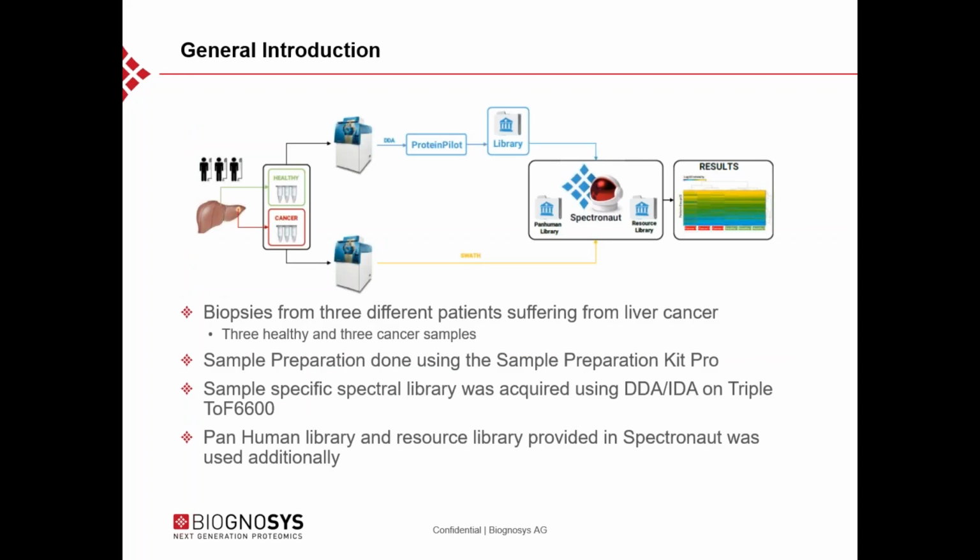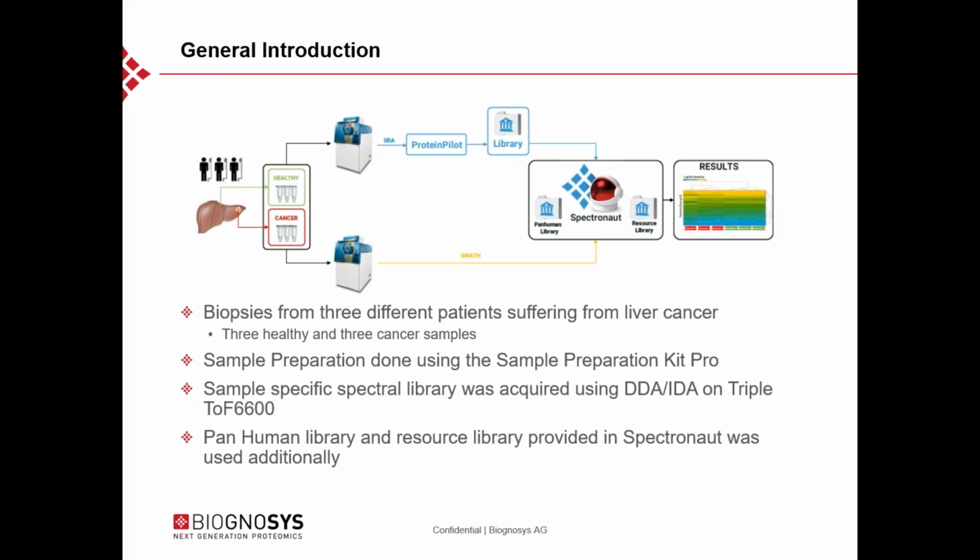In this study that we present today, we actually worked on biopsies from 3 different patients suffering from liver cancer. So what we obtained was 3 liver biopsies from healthy tissue and adjacent cancer tissue, which we have processed in-house using the Biognosis Sample Preparation Kit Pro. And we then sent the digested and cleaned peptides to SciEx, to Nick, so that he can acquire both the